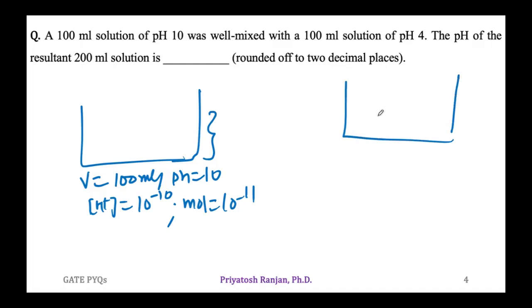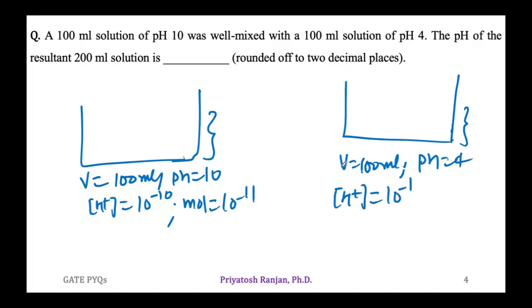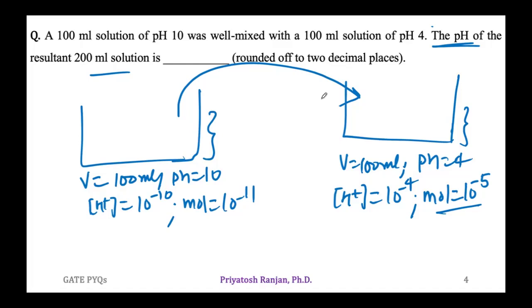Similarly, for the other solution, the volume was 100 ml, pH given was 4, and we calculated the hydrogen ion concentration to be 10 raised to power minus 4 by making use of the formula pH equal to negative log of hydrogen ion concentration, and the mole equal to 10 raised to power minus 5. Correct? Now, what is asked is the pH of the resultant 200 ml solution after adding this volume into this